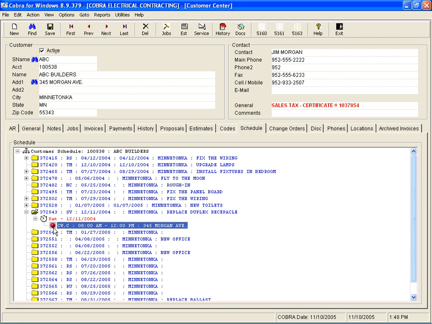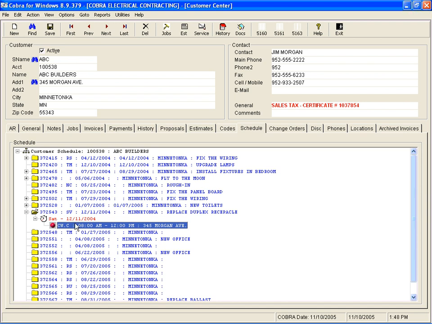The green dot signifies that the job is in progress, or somebody out there is doing it. The blue dot means the job was completed. And there's also a black dot that can be used to indicate that the job is still pending, more work had to be done on the job, or you had to purchase more information. So my point here is that this is a very visual indicator as to what is going on with this